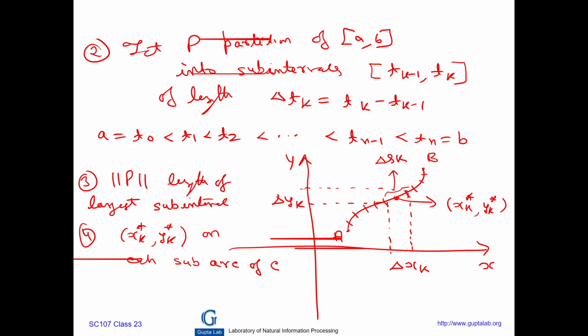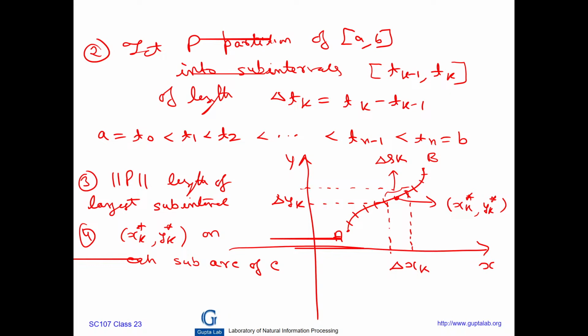These are sub arcs, right? And so a typical point I am choosing here is xk star, yk star, because the curve is represented by x of t, y of t, right? So xk star, yk star I am taking in this subinterval, I mean sub arc actually, right? So now we can do